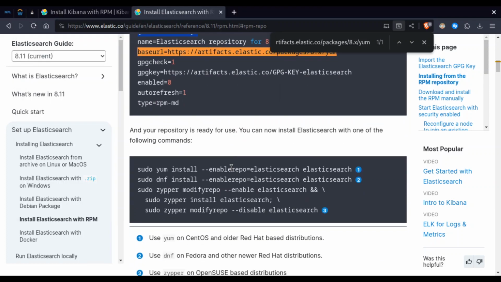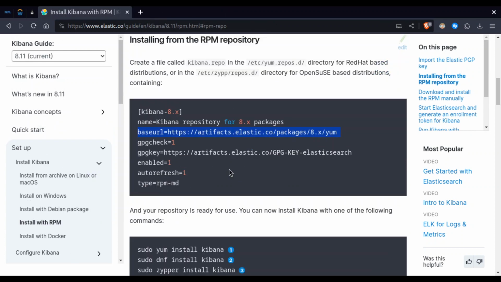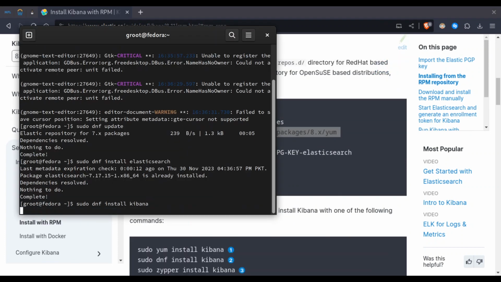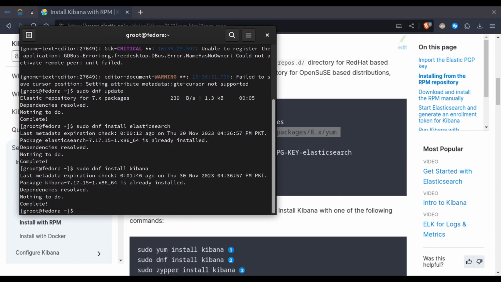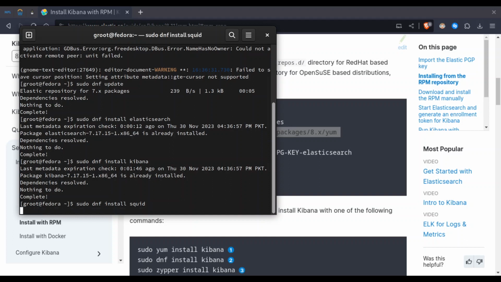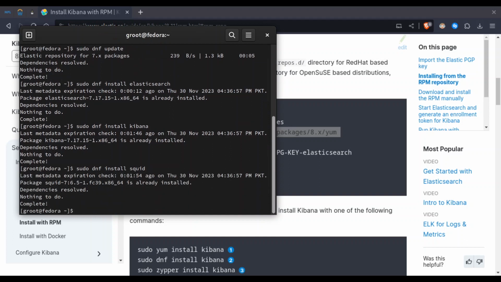Okay, so I can type in sudo dnf install kibana and it will tell me that it has already been installed. Now I need the squid proxy: sudo dnf install squid. I have already installed it, and the next thing is that I have to follow along with the documentation. Now that you have installed Elasticsearch and Kibana, you can